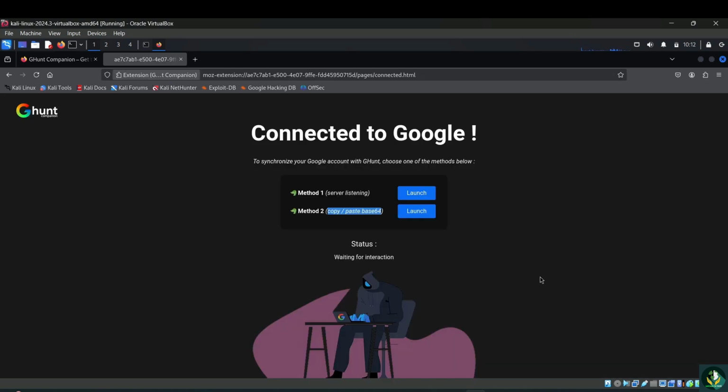Alright, after signing in with your Gmail account, it will show you two methods, method 1 and method 2. Okay, click here, method 2, click here, log, and then you can close this tab now. Alright, because it has copied the cookies to the clipboard, and you can paste it anywhere.